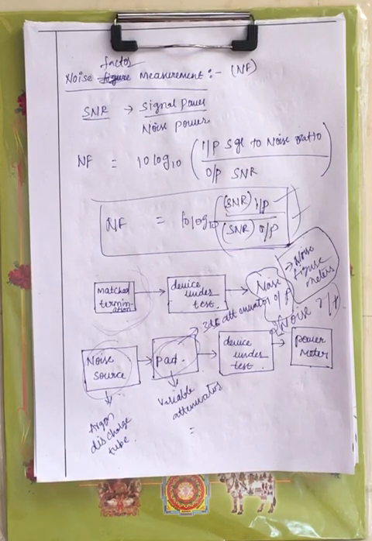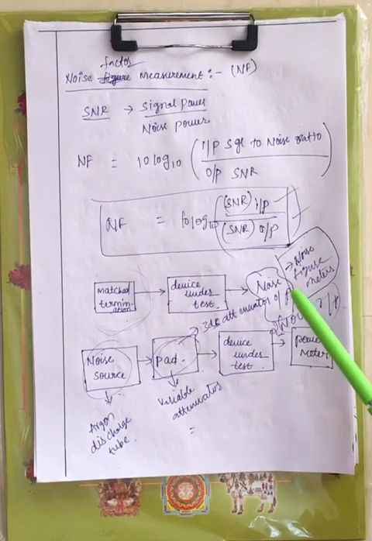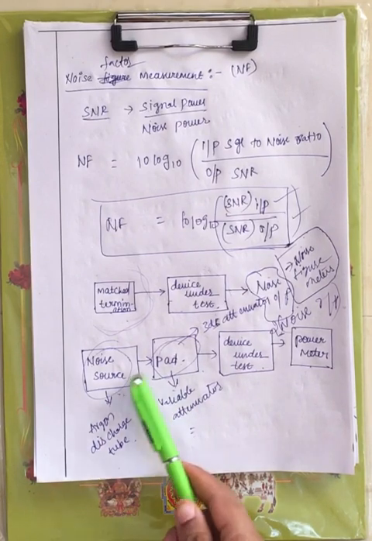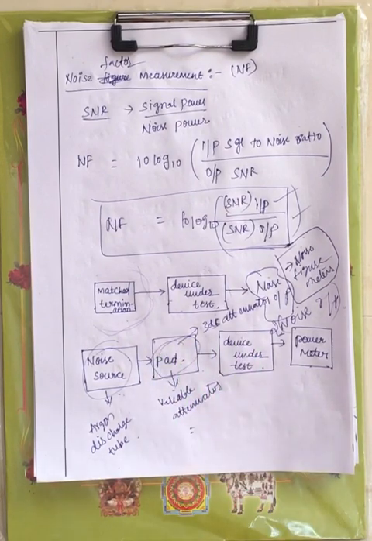Now this is about the noise factor measurement, which is the ratio of SNR input to SNR output, right? Initially the device is terminated with matched termination. There you will get the noise output, right? Under setup 2, you are connecting the noise source to the device under test. Now here you have to vary the attenuation until the noise output is doubled, right? Here you will get some noise output, and that value should be doubled, 2 times the noise output. Then you can calculate the noise factor, which is equal to the noise output from the attenuator, right?